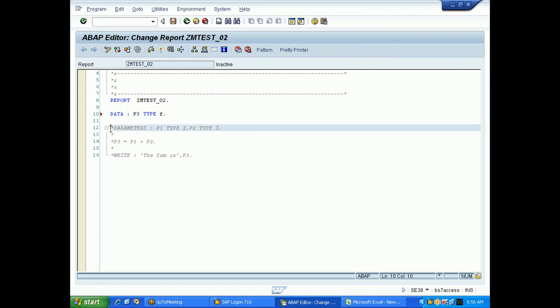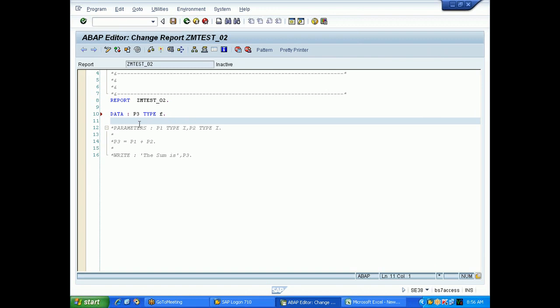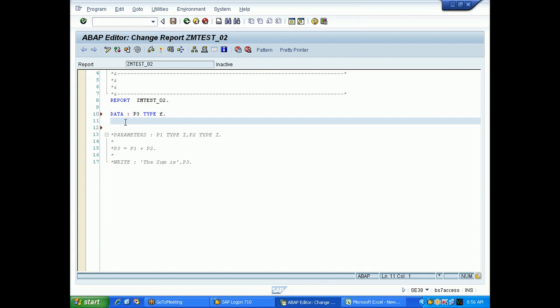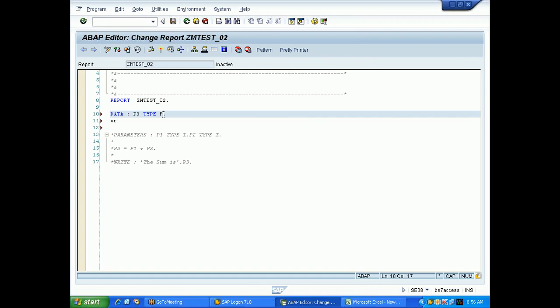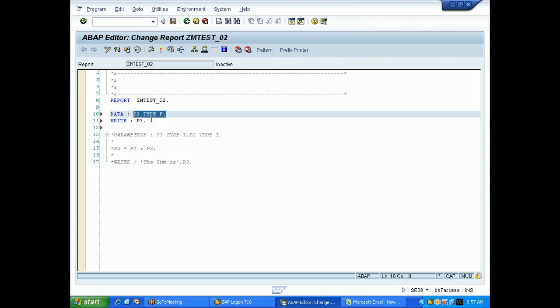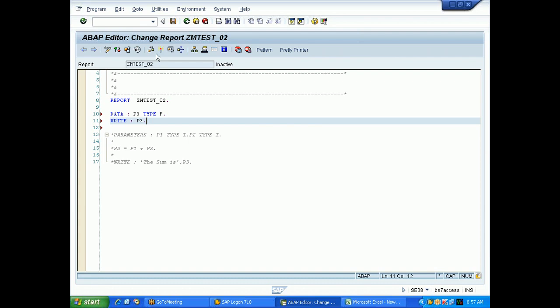So now the next thing is, I will say floating point, type F. F is coming in small letter, but it's not case sensitive. You can give a capital F also. I will say write P3. What is my output? Did I give any value to P3? No. So what is the output? That is the default output. For character, the default output is space. For numeric, the default output is 000.